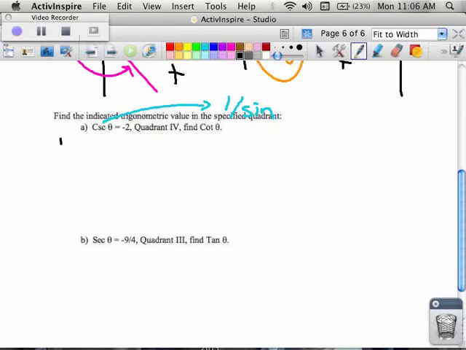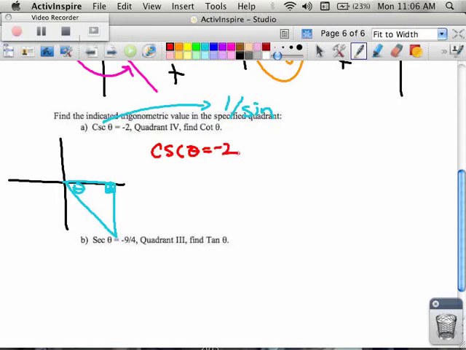So when I draw my triangle, they tell me I'm in quadrant 4. So I draw my triangle in quadrant 4. Here it is. And they tell me the cosecant is -2. If I write down cosecant of an angle equals -2, but instead I write it as a fraction, that's implying